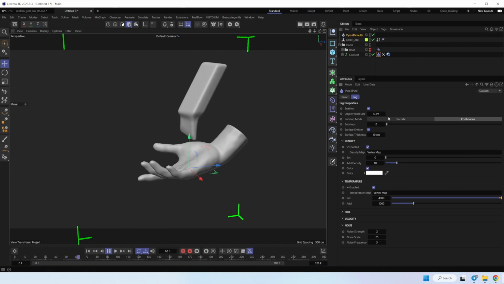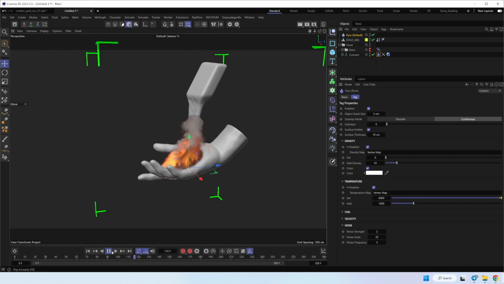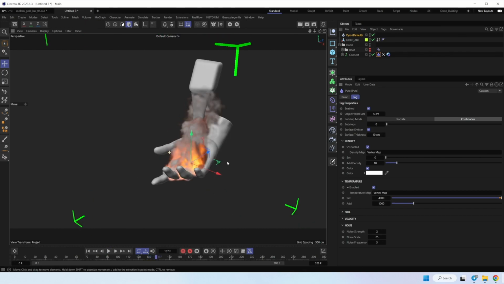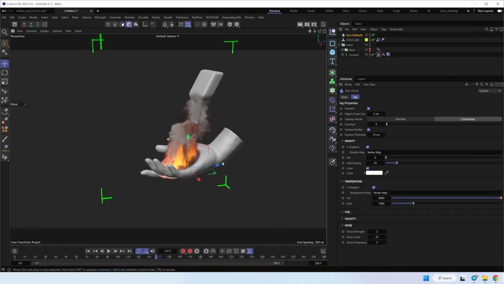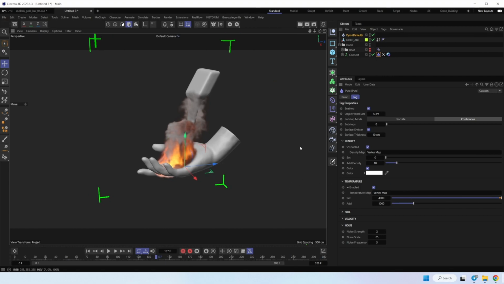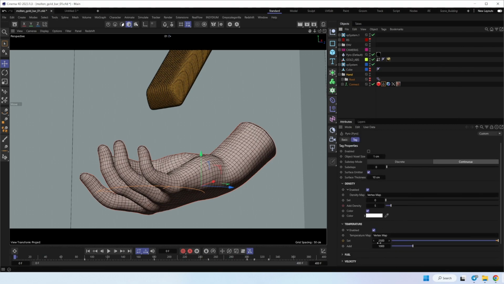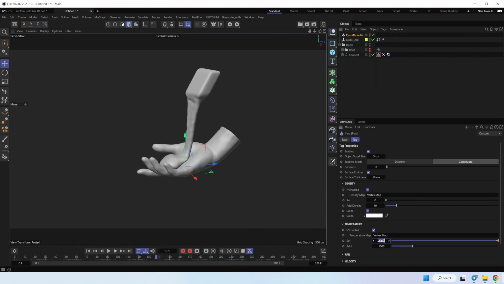It's not fast, and we use an object voxel size of just 5 centimeters. If we set it lower it will be much longer, but it works for tests. As you can see, now it is simulated only on our vertex map area. Let's change a few things here. I don't remember exactly the same settings. We can just check it inside the original scene. So I used lower settings for temperature and for density. Let's try the same here.